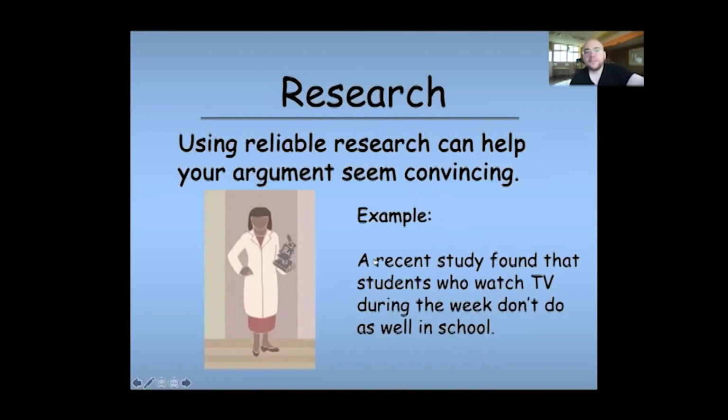So using reliable research can help your argument seem convincing, right? So to convince you, I say, a recent study found that students who watch TV during the week don't do as well in school, right? So a recent study, so research, it makes it seem like